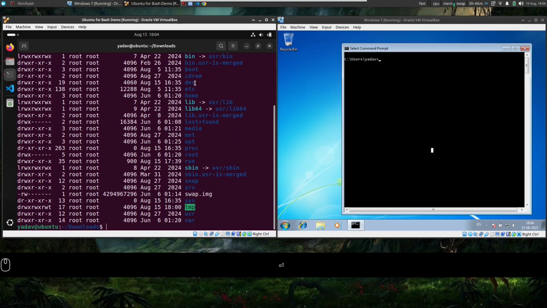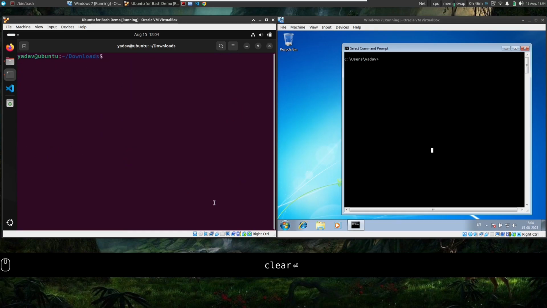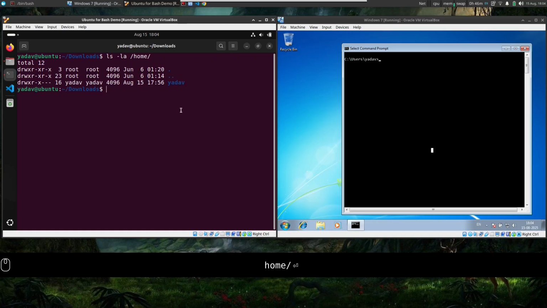Then there must be some home, there will be a root, the home directory of the super user, etc. So we can look at the content of any directory using ls if we have the permission to do so. What is the content of home? Just me. What is the content of home Yadav?